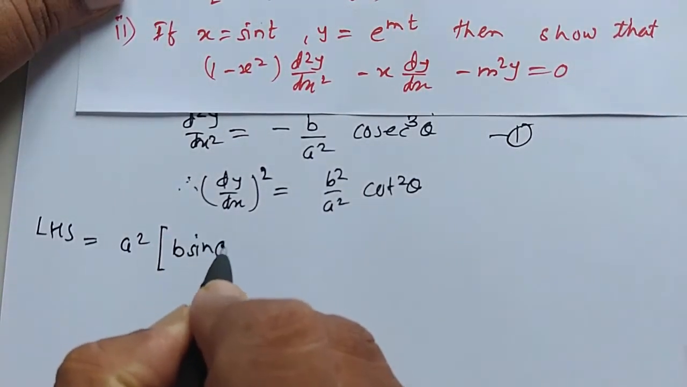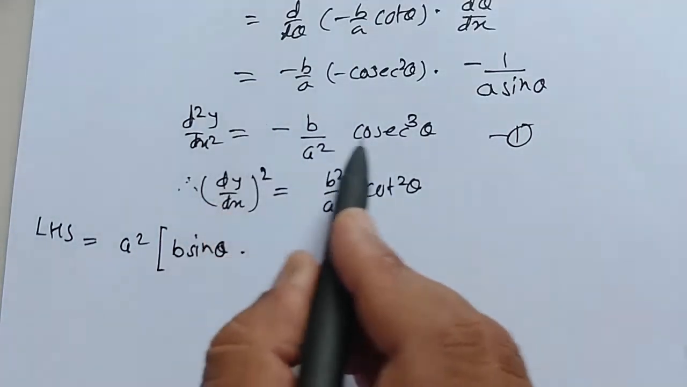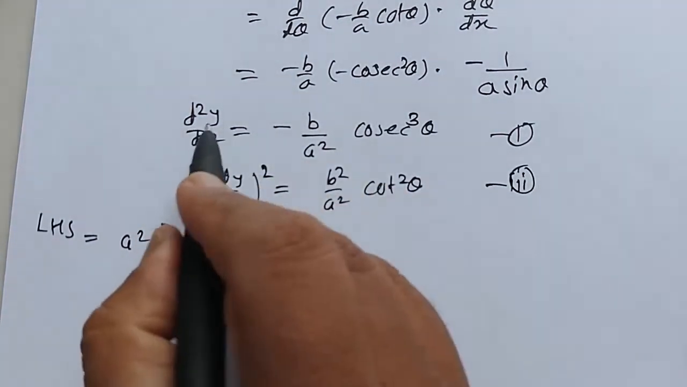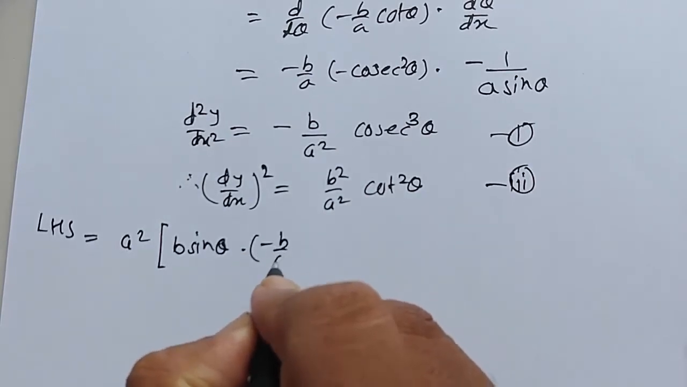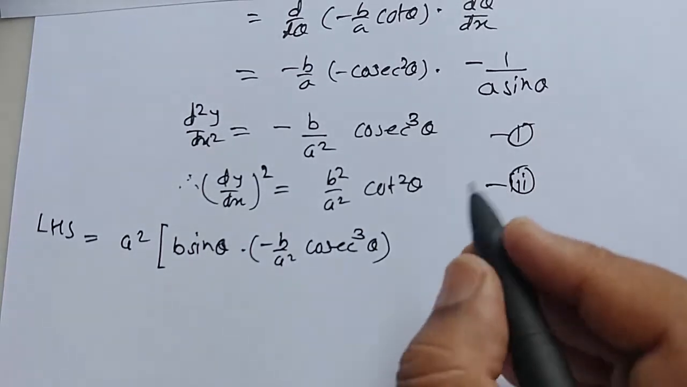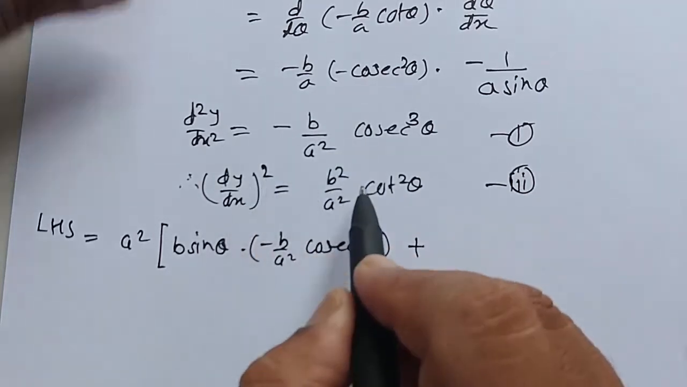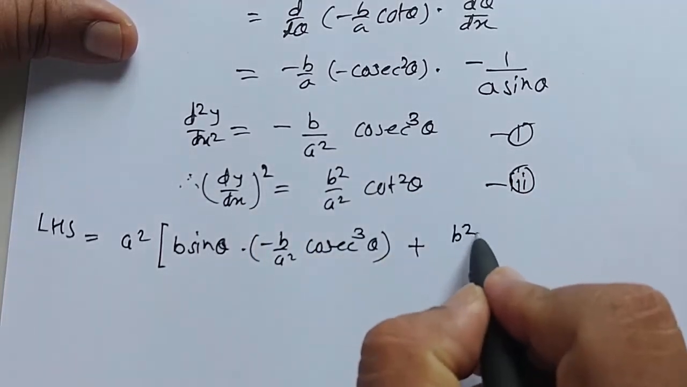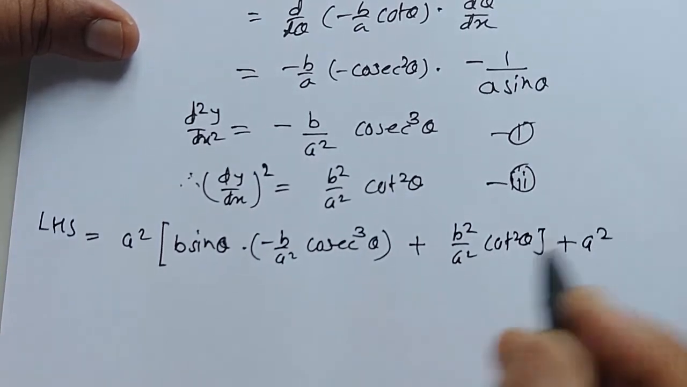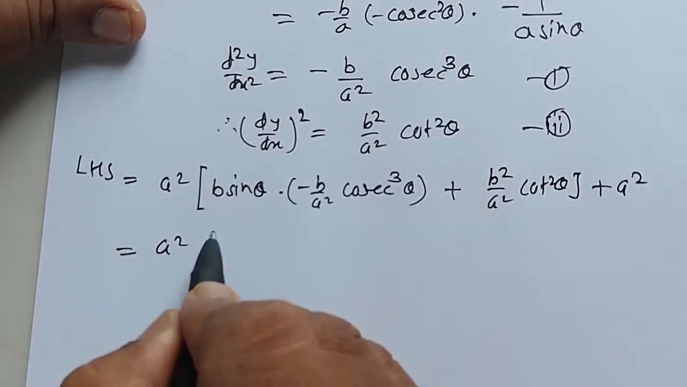b sin theta into d2y by dx square from equation 1, so it is minus b upon a square cosec cube theta bracket complete, plus dy by dx bracket square from equation 2, it is b square upon a square cot square theta, plus b square is equal to a square bracket